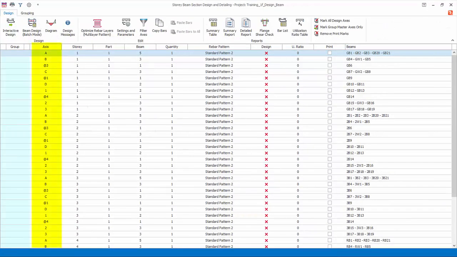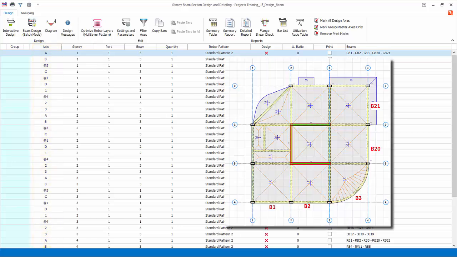The main beam design page lists all the beams designed according to their insertion axis. Beams that are modeled using the same longitudinal axis will automatically be designed as continuous if they are connected. Further, beams that are inserted sharing the same insertion axis will also be merged together as a single design axis. For example, B1, B2, B3, the curve beam, B20 and B21 are all automatically merged as a single design axis,